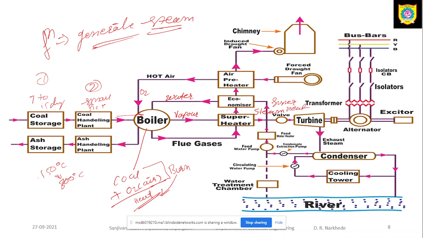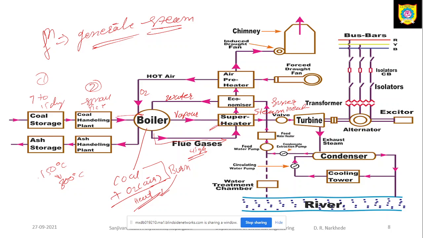These gases are called flue gases. They may contain carbon dioxide, carbon monoxide, sulfur dioxide, sulfur, and so on. These gases have a high temperature, and if I directly release them into the atmosphere, the thermal efficiency of the boiler, or of my power plant, will keep decreasing. So instead of releasing these gases directly through the chimney into the atmosphere, I can extract the heat of these gases in 3 stages.